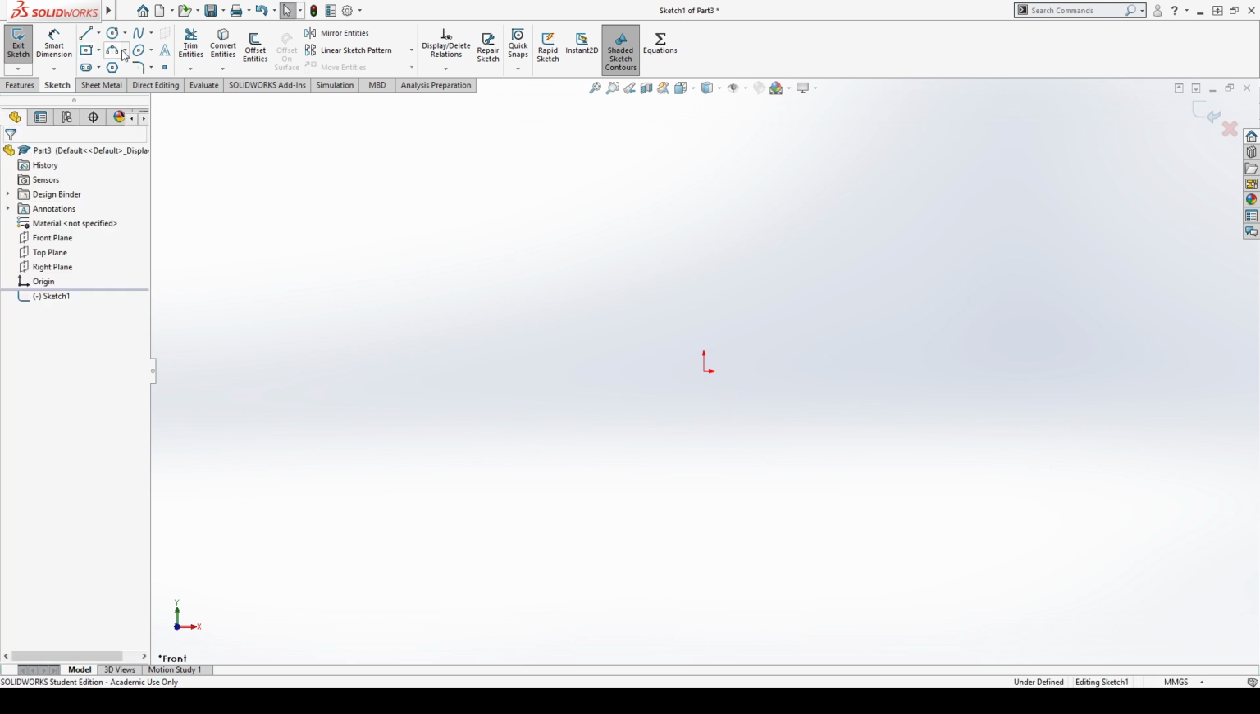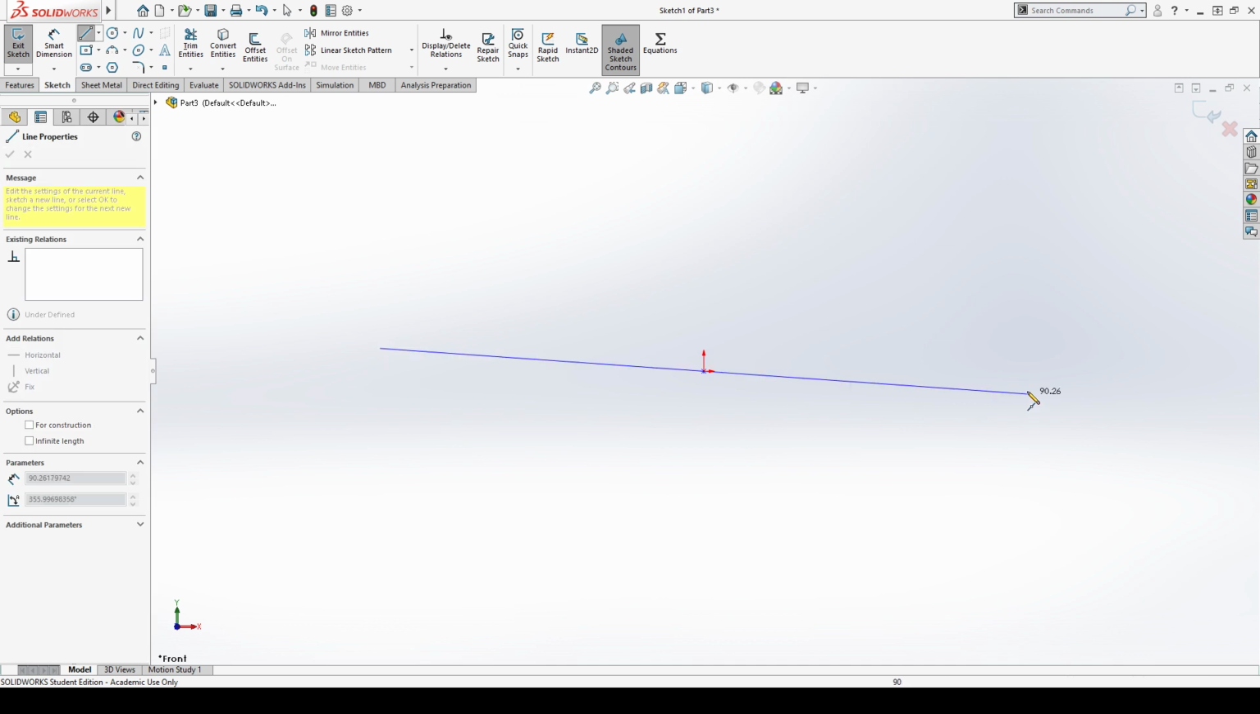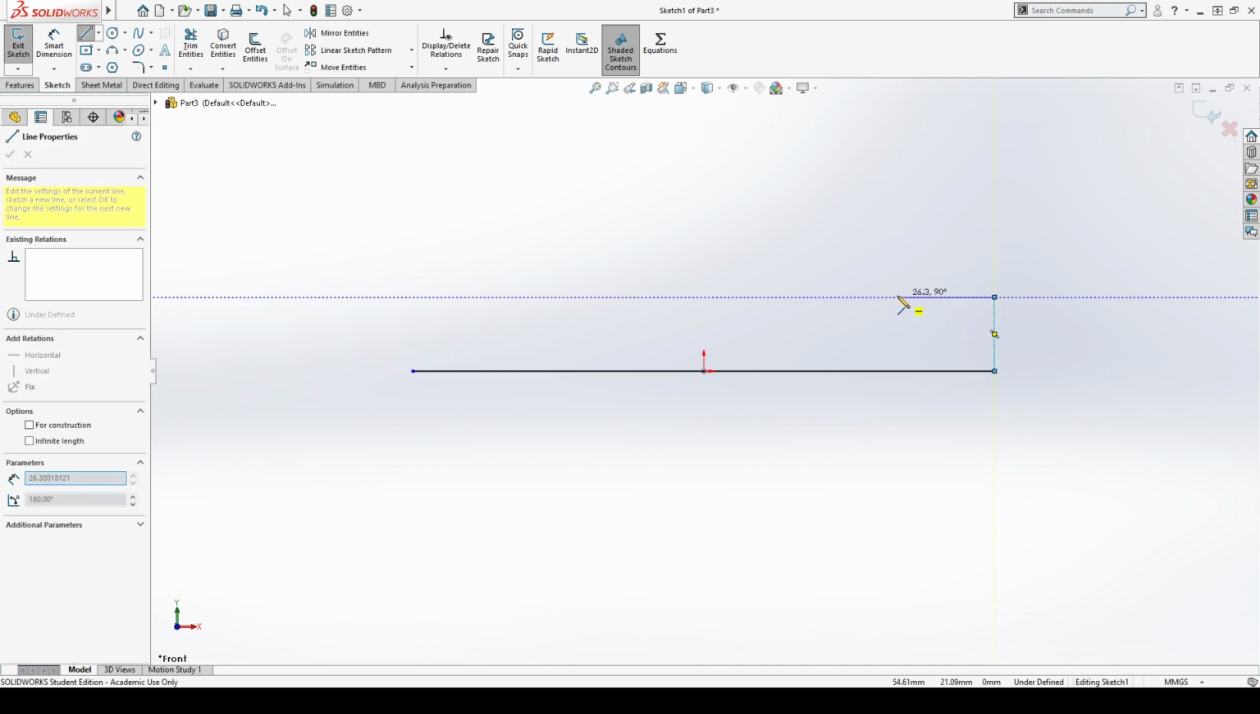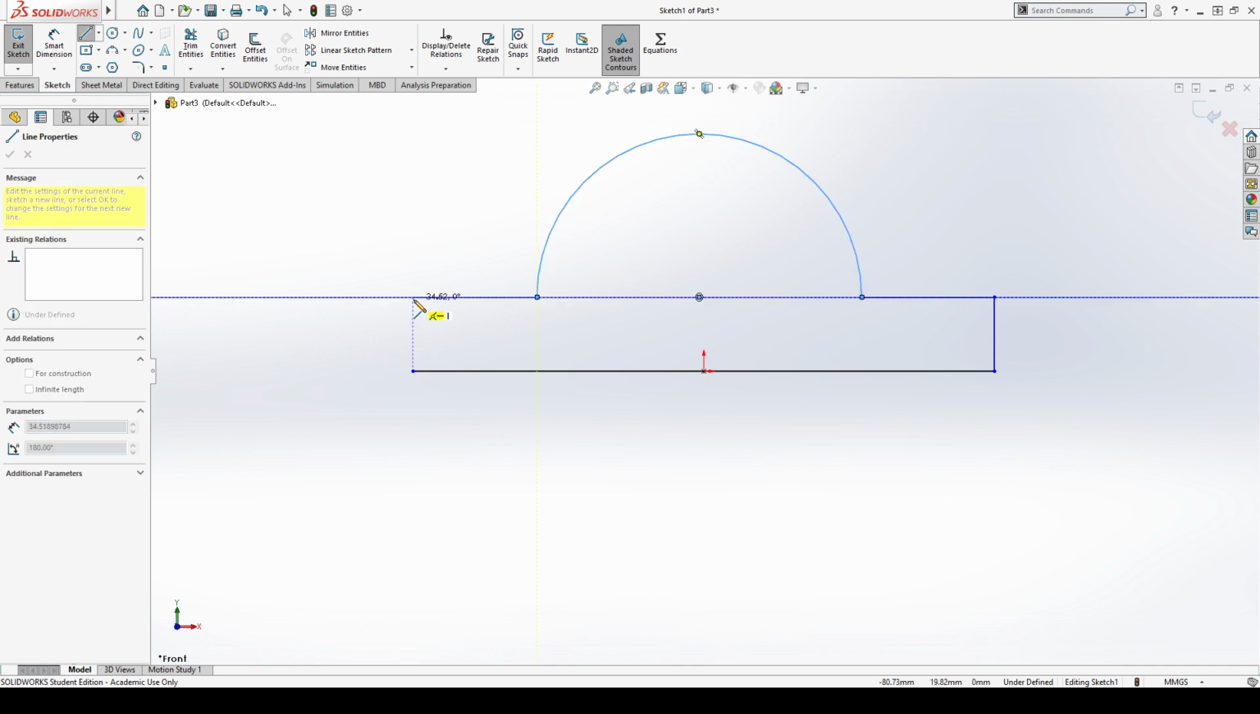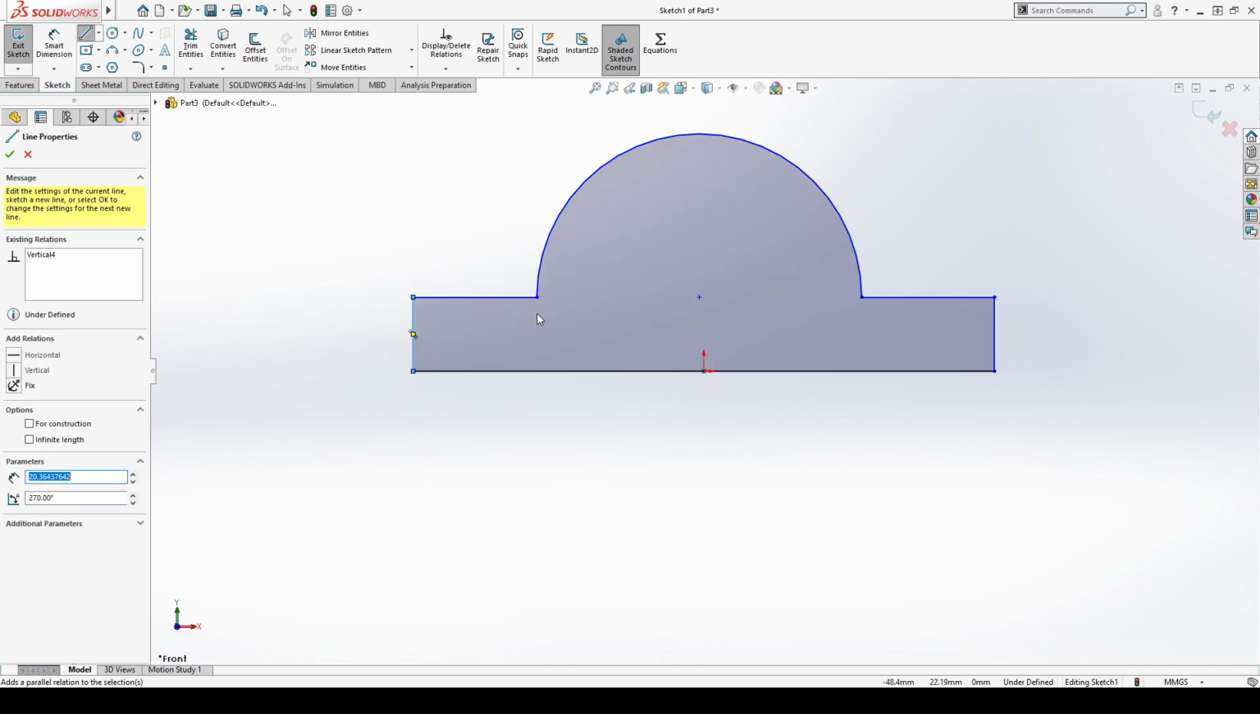Gonna go ahead and make, let's see, what's a good way to do this? All right, we'll start with a midpoint line here, going out. Gonna make basically a bracket here for a shaft to go through. So kind of using the same little trick there with the line where you hover back over the endpoint to bring up the